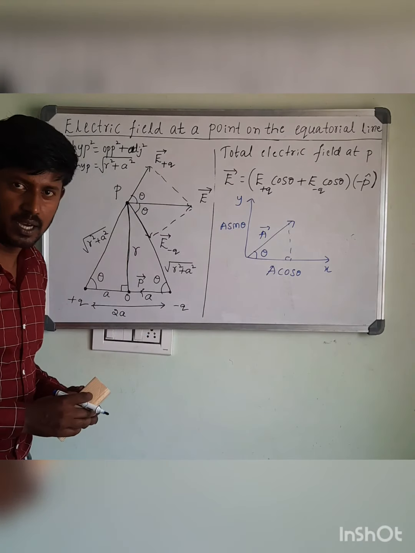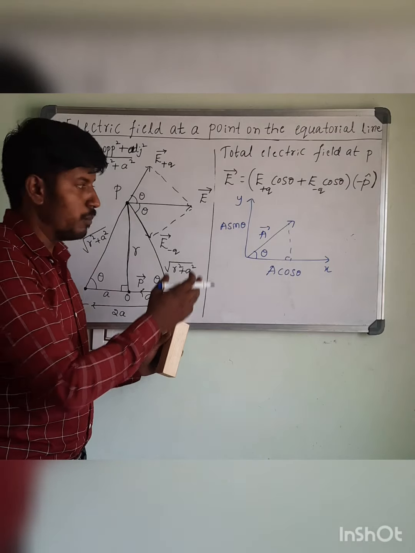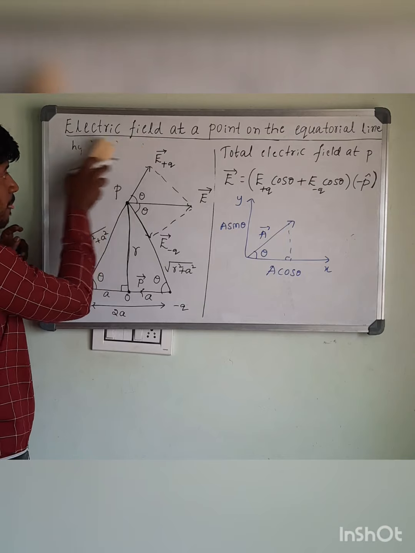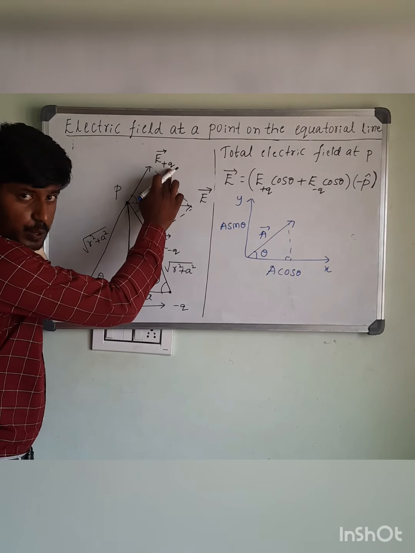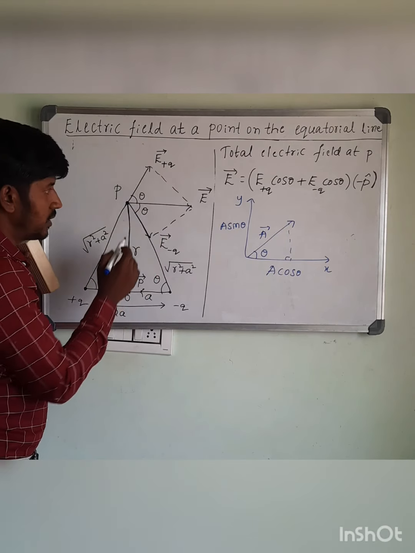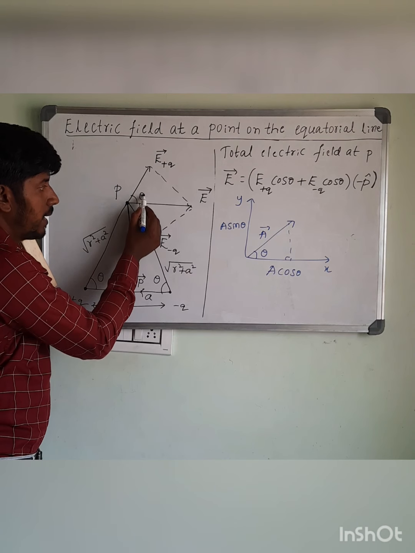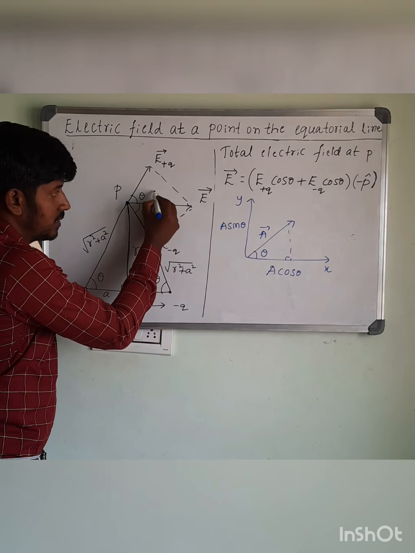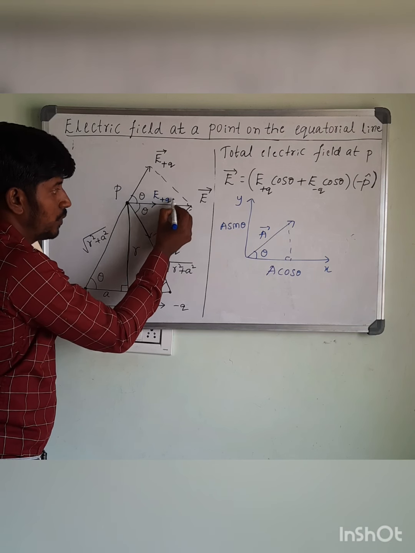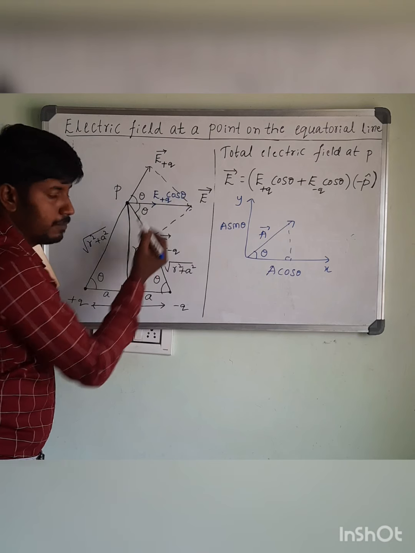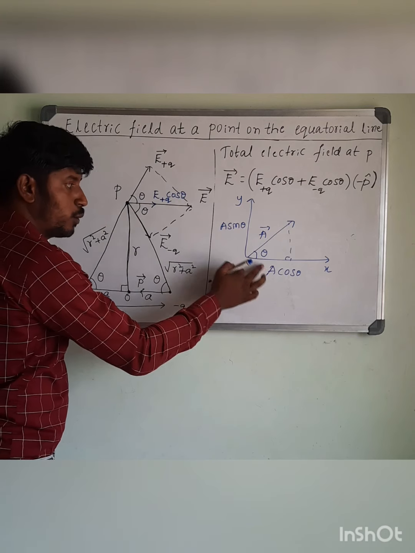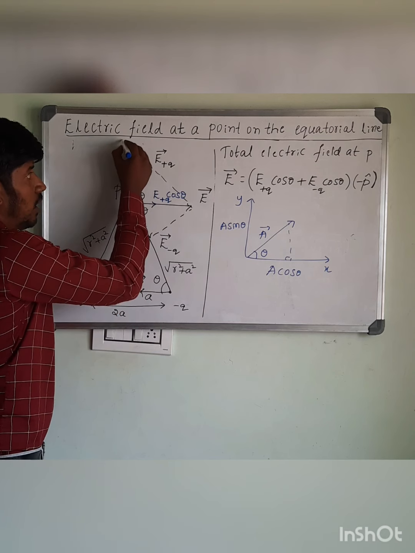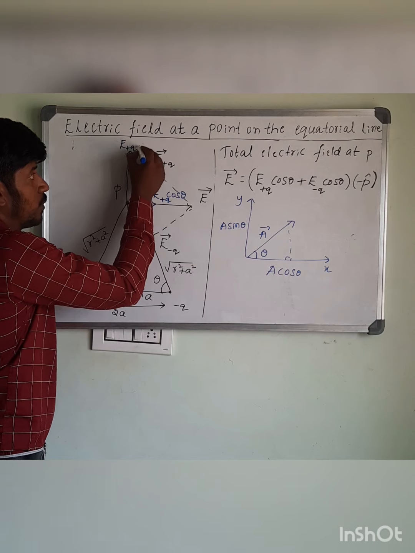Based on this, I am going to add some components in the figure. Okay, listen carefully. So here, this is the E plus Q vector. This is a vector, it has two components. If you observe, this vector makes an angle with respect to this axis. Therefore, along this axis, the component of E plus Q is E plus Q cos theta. Now, perpendicular to that, there will be one more component. This is perpendicular, and this component is E plus Q sin theta.